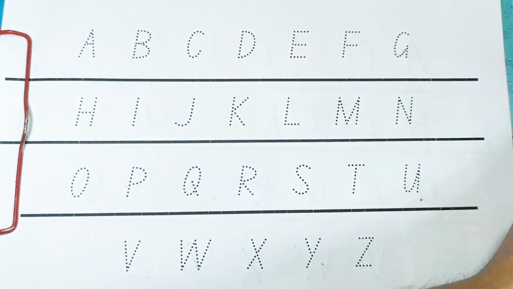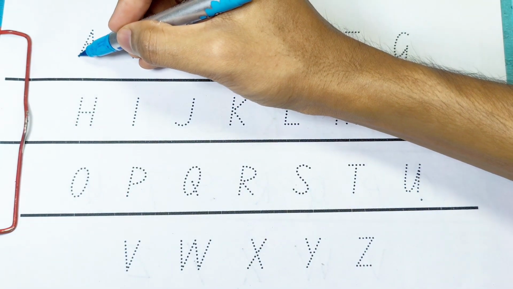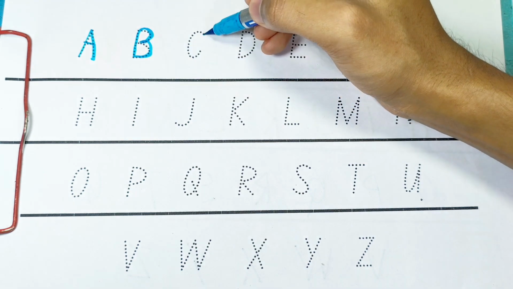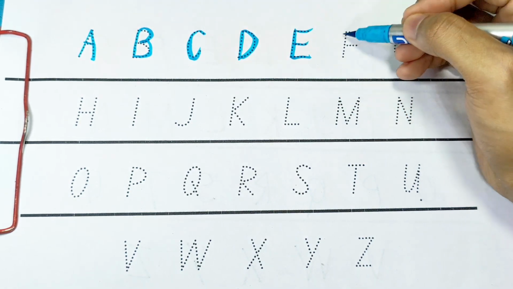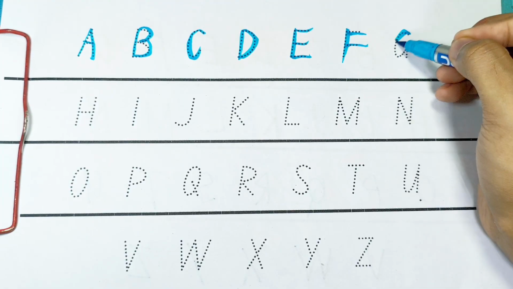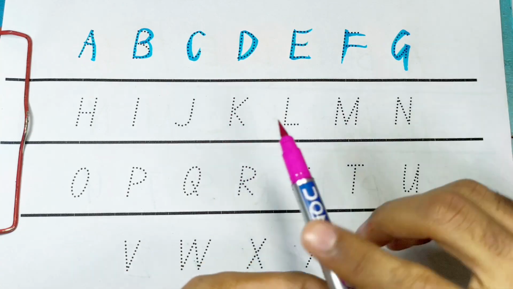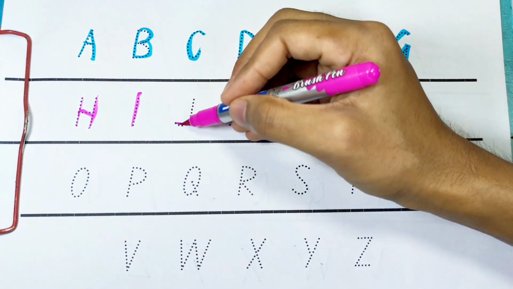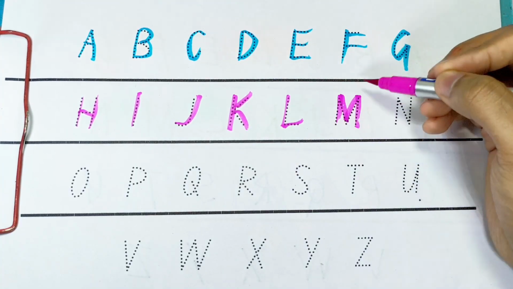Kids, first we're using the color of, yes, sky blue color and writing the alphabet of A. The next one is B. Now we're writing the alphabet of C, D, E for egg, and the next one is F, G for God, the next one is H, dark pink color, H for hand, I, J, K, the next one is L, M,